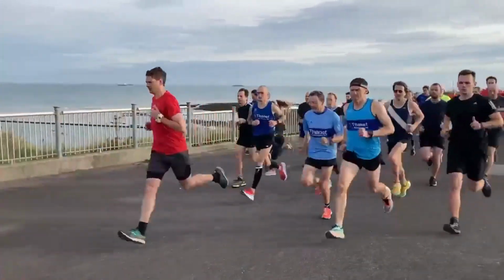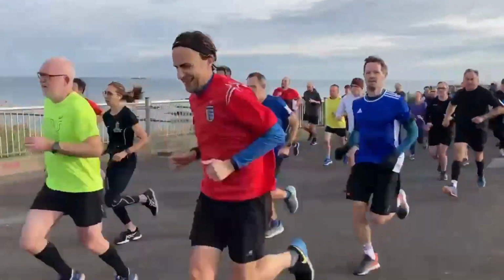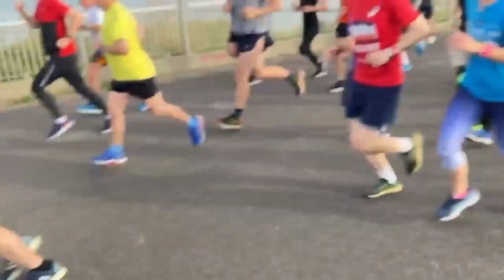Nothing spectacular, nothing super quick, nice and comfortable. If you were running with someone, you should be able to have a conversation, but it's quick enough that I'm still going, oh, okay, feeling this little slight pickup in pace compared to the slower recovery miles that I've done the previous day. So this, I find, gets me ready for race day,